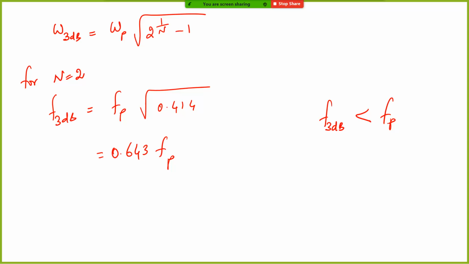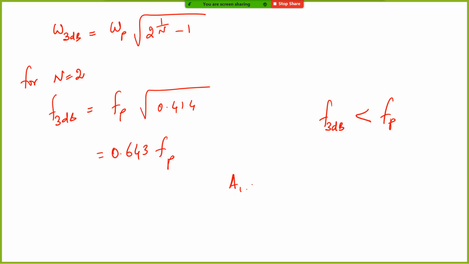Okay. So always, if you take multiple stages of an amplifier in cascade, the effective 3 dB bandwidth is definitely going to be lesser than the individual 3 dB bandwidth of your system. Now we have taken the assumption that all the amplifiers are the same. Now if that is not the case, for a generic system, the way you calculate it is that